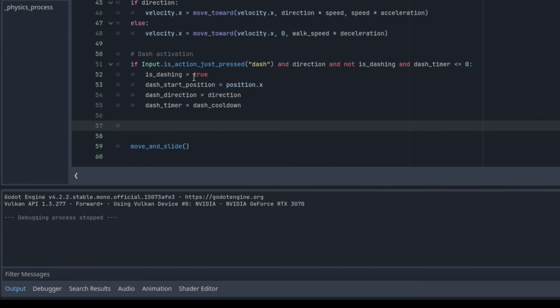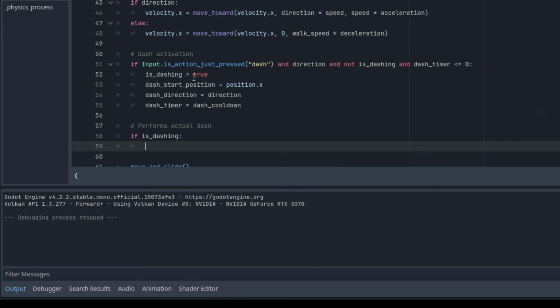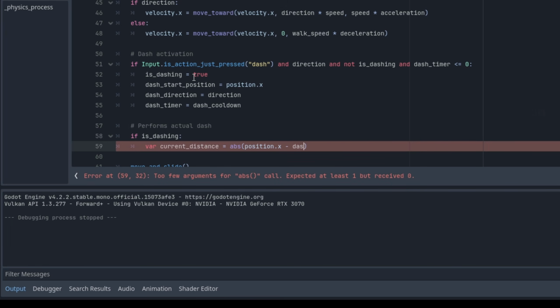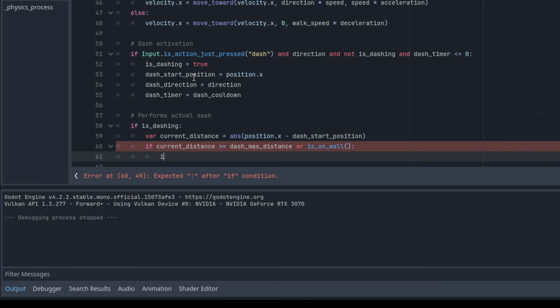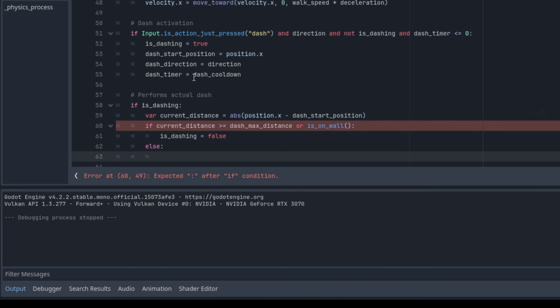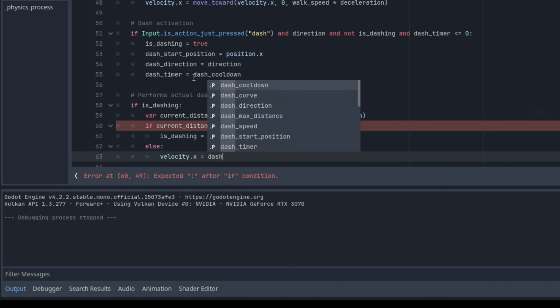Then we tell the game what to do when is dashing is set to true. We need to calculate the current distance of our dash and check if it exceeds the maximum distance. If it does, we want to stop dashing. We should also stop the dash when we hit a wall. Then, if we didn't exceed the max distance and we are not hitting a wall yet, we perform the dash